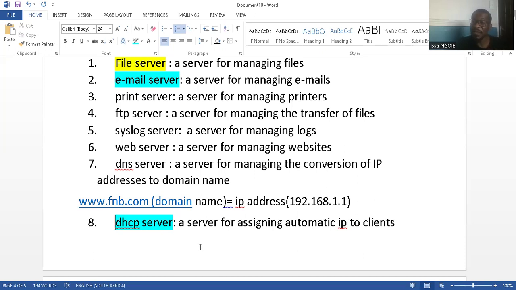So a simulator is just software that can do almost the same job as a physical device. Suppose you want to learn how to configure wireless access points, routers, and switches. There is no need for you to buy the physical devices. You can use a simulator and learn from there, right? And the simulator that we are going to use is called Packet Tracer. I will show you first how you can download it, and how we can do a few exercises or